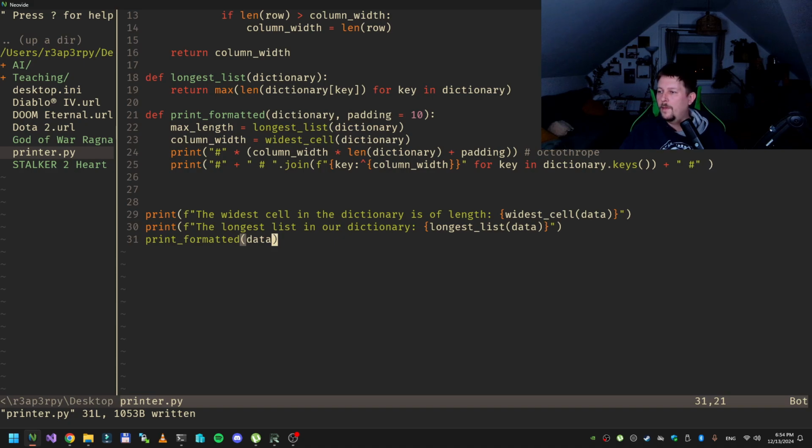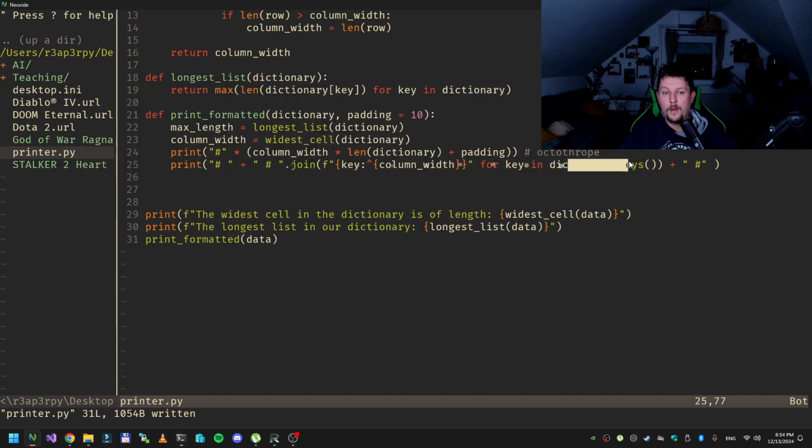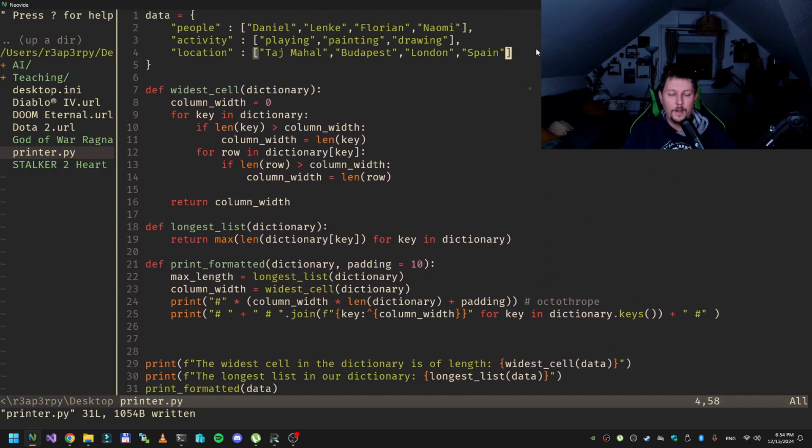So we have this information and we need one white space here. And the result of this is that no matter how many keys I have in my original dictionary,